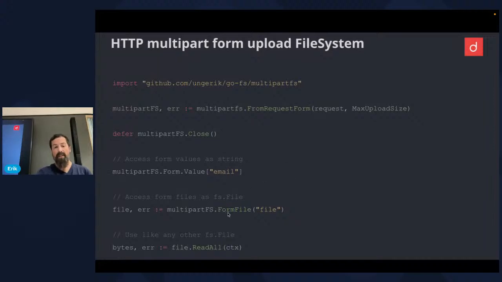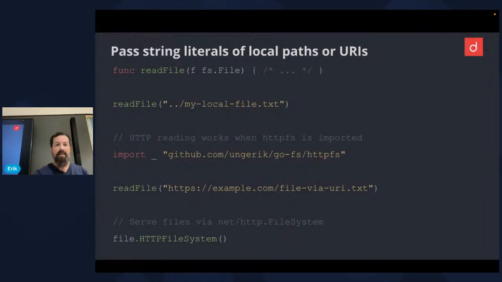Yeah. But also you can access some of the form fields as files, and then basically that file has all the convenience methods, and you can pass it along everywhere and work with it like a normal file. And yeah, so here's an example of how you can use string literals that are acceptable as FS files. So you have this read file function that takes a file, and you can just use that very convenient syntax without some new FS file blah something. You just use that string.